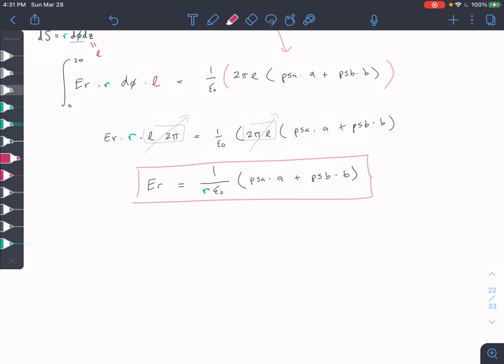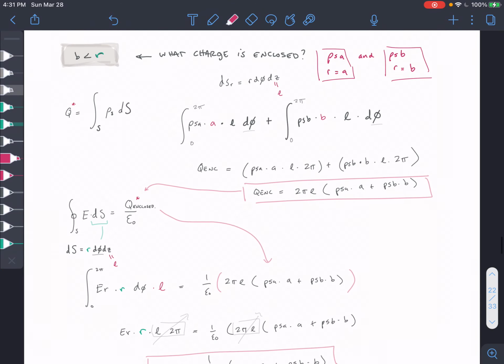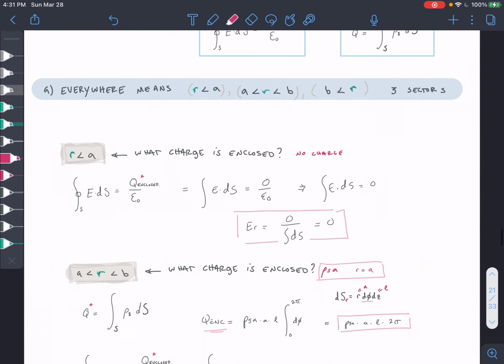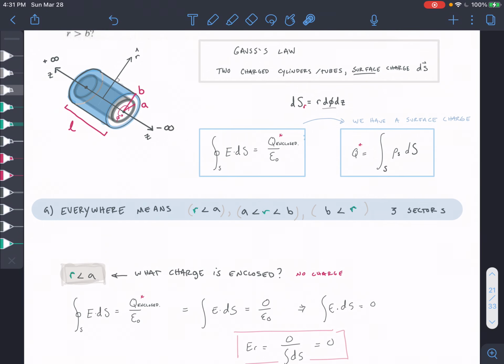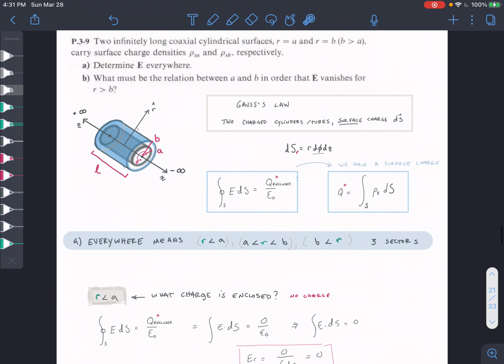We just solved for our E field in the three regions, just to recap. We found our E field to be 0 inside here because there's no enclosed charge. For the surface in between A and B, we found our E field just to be due to the surface charge of A, and outside of B, we found the E field to be due to the surface charge of A and B. Now we're going to do part